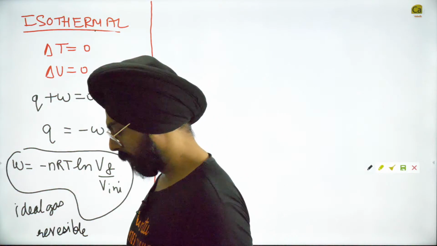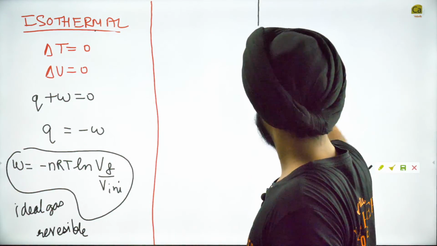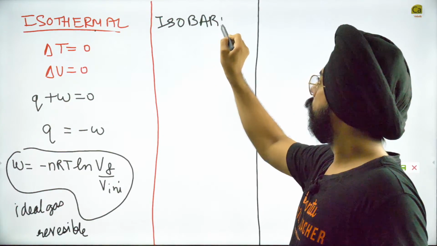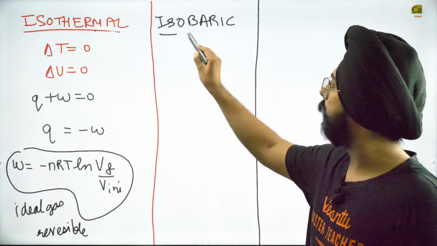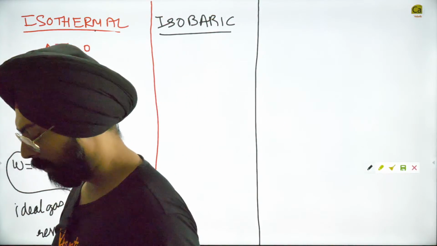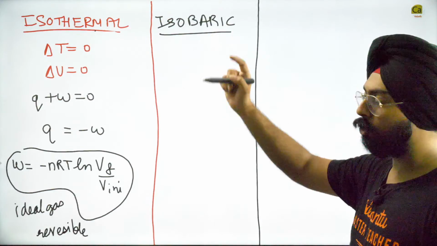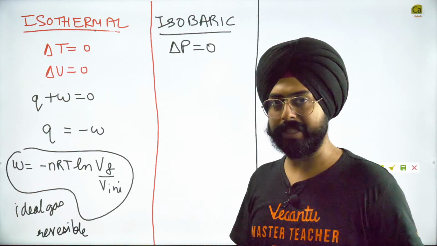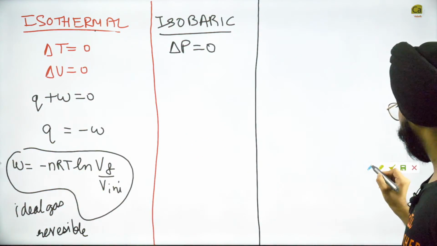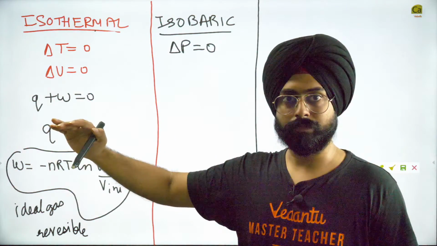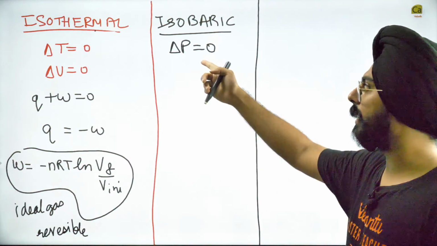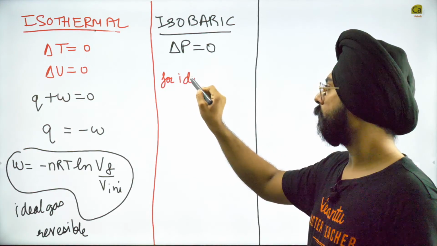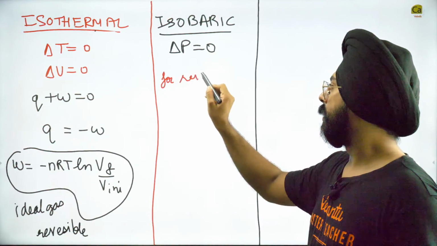Now people, let us try to think about isobaric processes. What are isobaric processes? We have learnt in the kinetic theory of gases, in the chapter of gaseous state, that an isobaric process is where change in pressure is equal to 0. Delta P is equal to 0, pressure is a constant value. If pressure is a constant value, what can I say? I can say that for a reversible system,